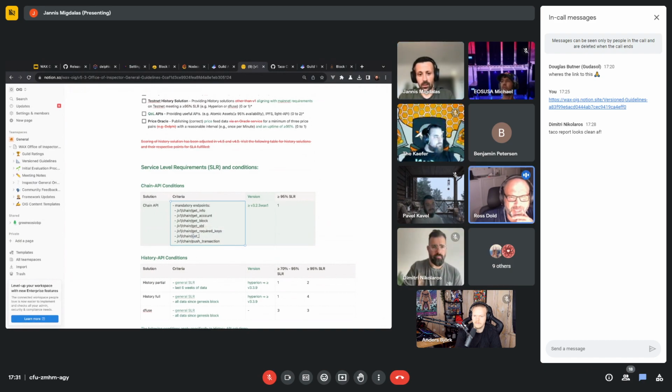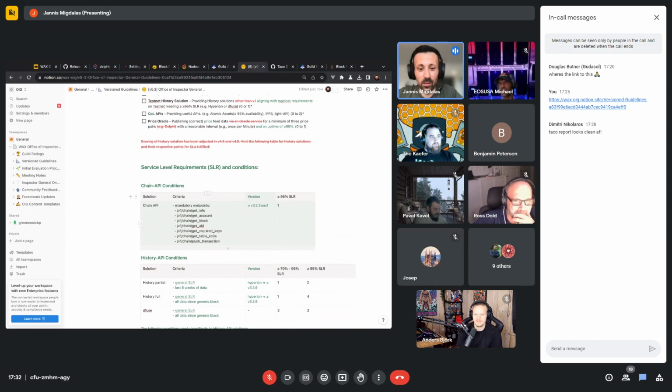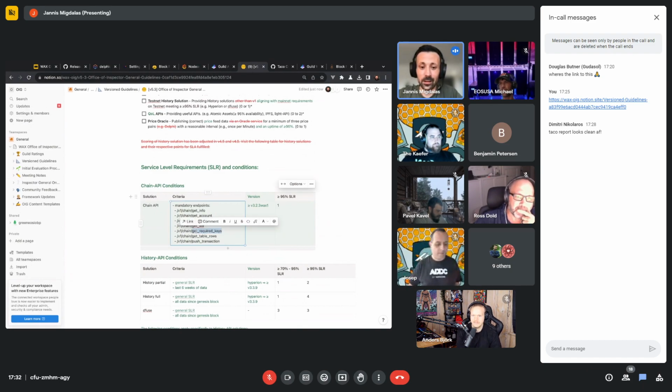This is mainly used for connecting wallet nodes and also pushing transactions, but get table rows is missing in this one. Yeah, what's the 47? I'm not sure, a typo, but I just corrected it to get table rows. So push transaction, essential for pushing any transaction; get table rows, just to read the chain; get required keys, potentially for wallets; get ABI, pretty handy when working with the new WharfKit SDK, contract SDK; get block, get account and get info. There's no way around providing those for basic functionality of the chain.